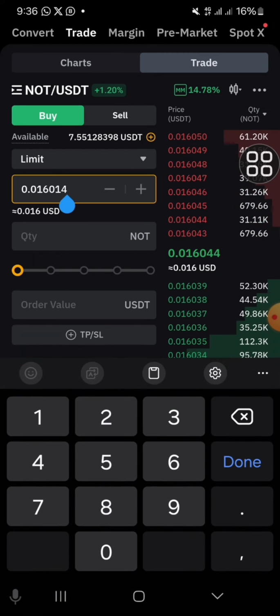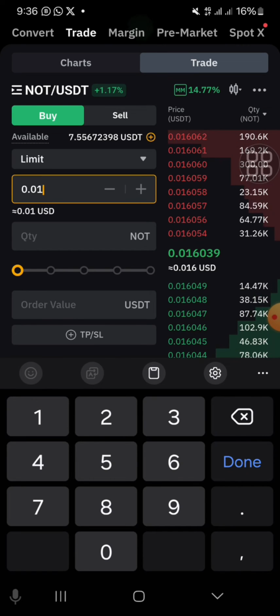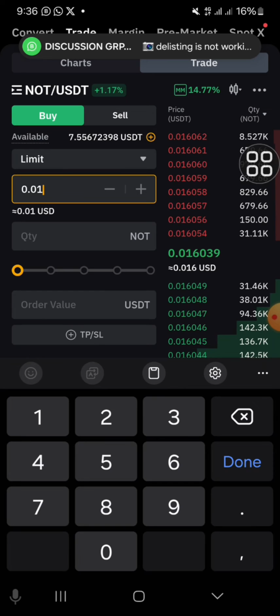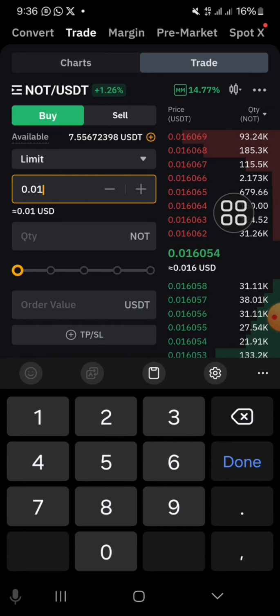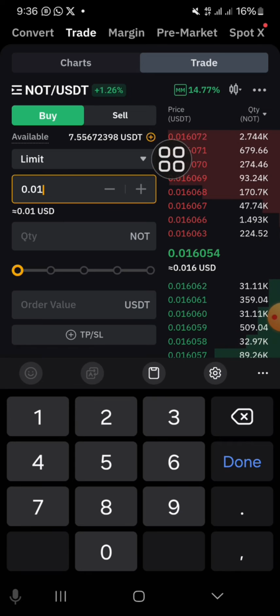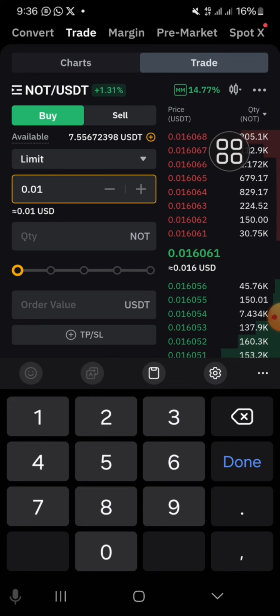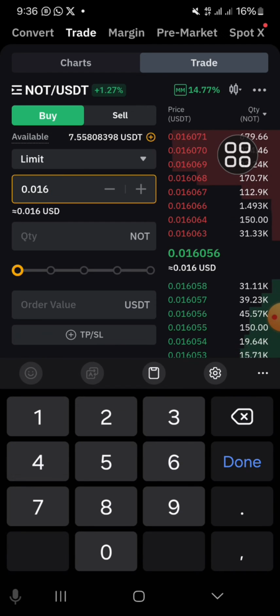On this page, I'll just type the price I want to buy at. Let's say I want to buy Notcoin, and I feel that the price is going to dip. The price will go down. I want to buy at a much lower price because, as you can see right here, the current market price is 0.0116054, while this guy wants to buy at the rate of 0.0160668. Maybe I want to buy at that same rate, and I just type the amount I want to buy right here. Maybe I want to buy at